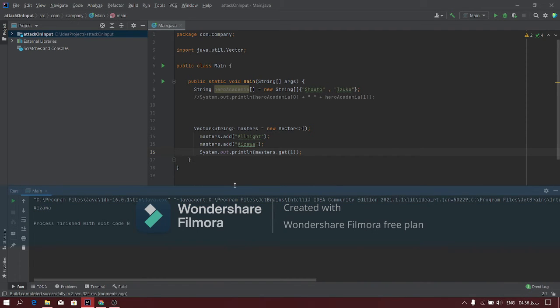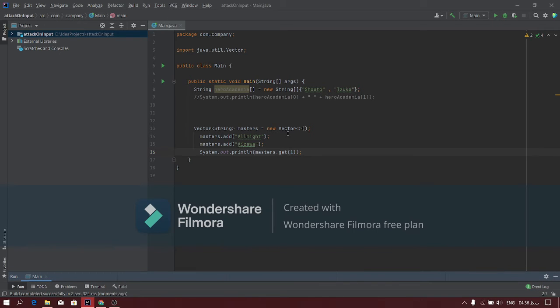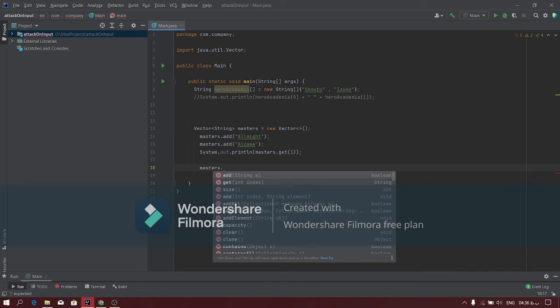And of course there are some good methods for both arrays and vectors, like size and length. These are common ones. For example, if I write masters length,